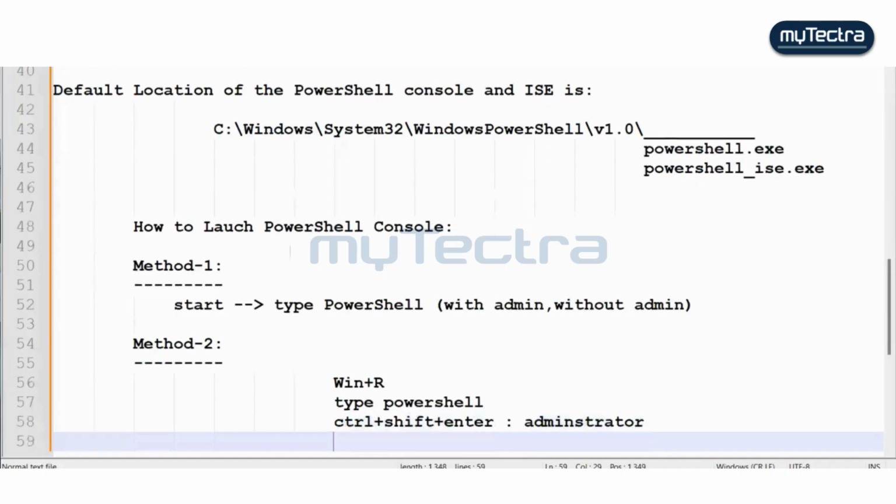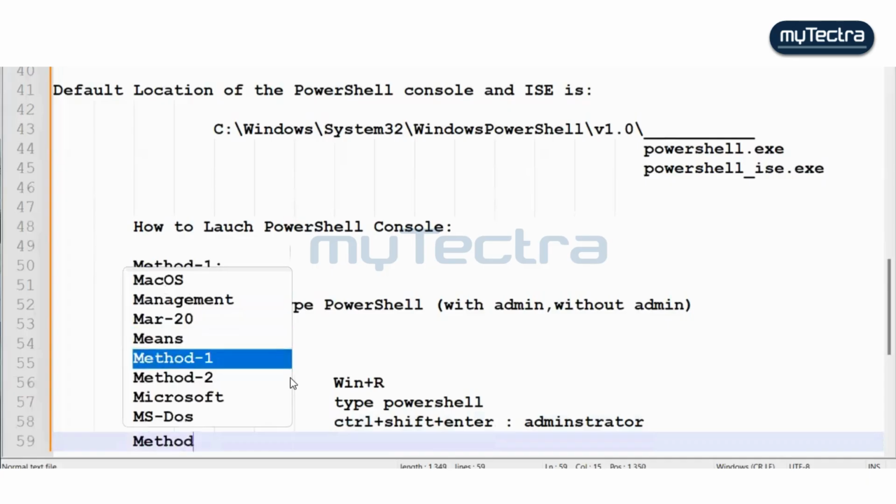So this one will open the administrator. ISE or console? Normal console. Okay. When coming to method three,